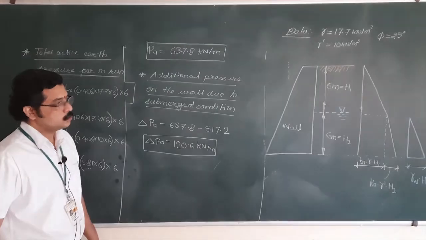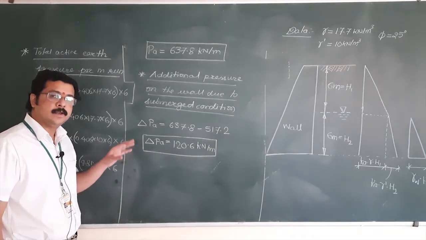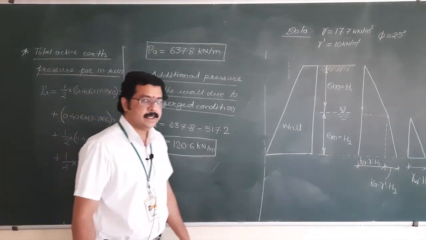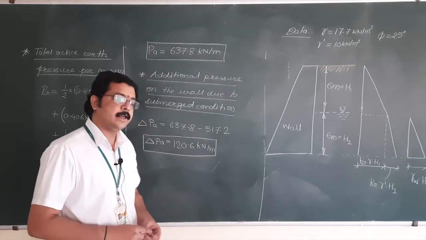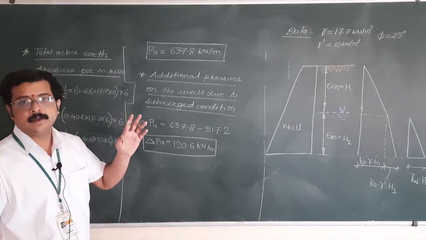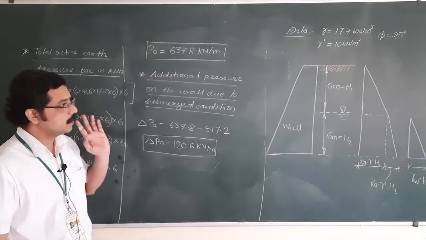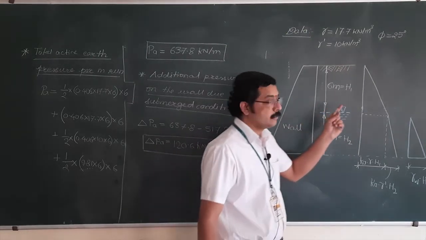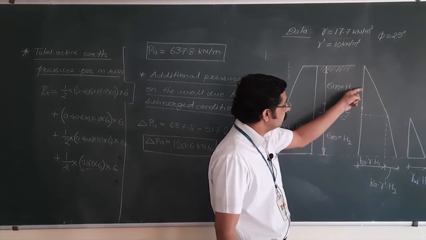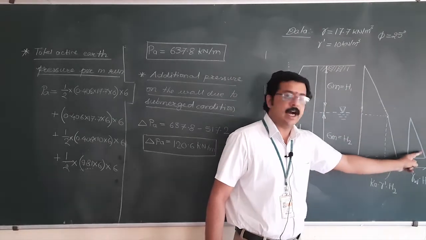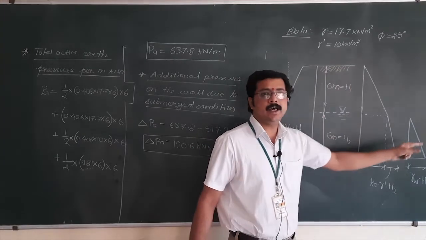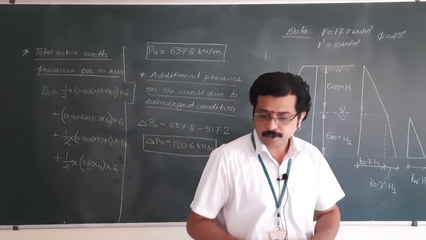Now next job is to note the change in the position of the final active pressure that will be acting on the wall. In the previous case, the pressure was acting at h/3 distance. Here we have to locate where the total pressure would act, its point of application, for which we have to apply the conditions of moment. That is, the moment produced by each component area about the base should be equal to the moment produced by the total area about the base. For that, what we have to do?